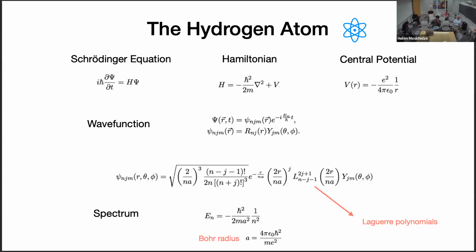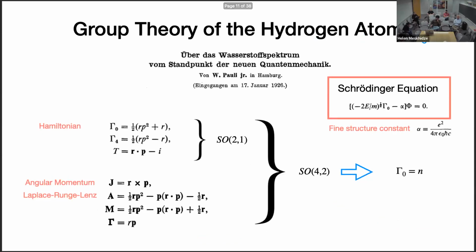It is given in terms of the Laguerre polynomials. So those are functions known explicitly. They are polynomials, fine. Yes, and this is the spectrum, the eigenvalues of the problem in terms of the Bohr radius, and that is discrete, of course. Okay, so this is the wave function for the hydrogen atom, the central potential problem. Let me review some group theory of this problem.